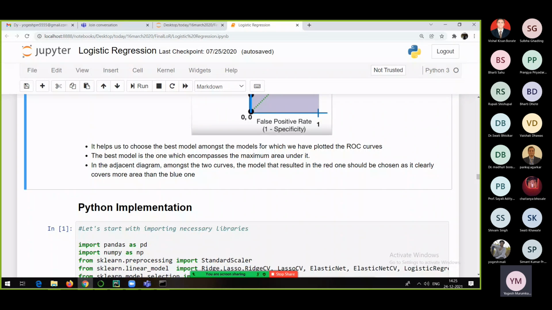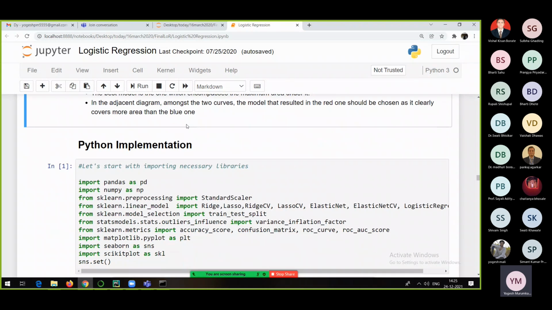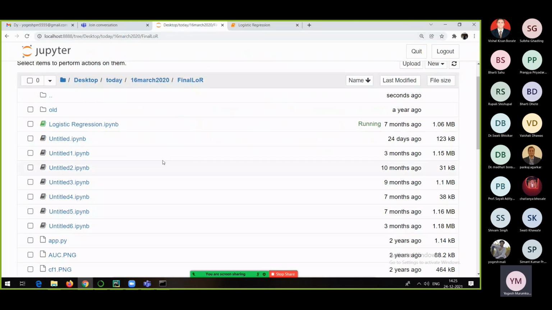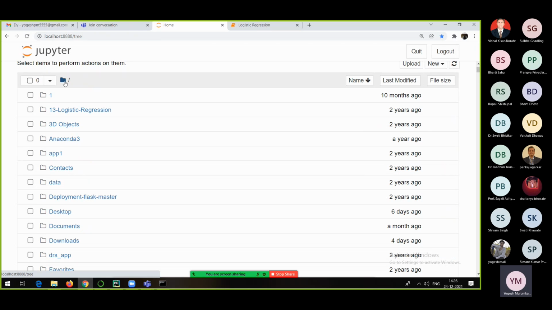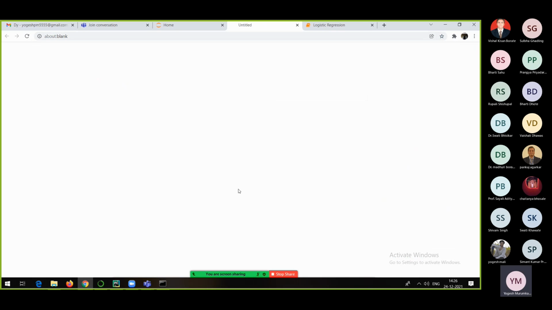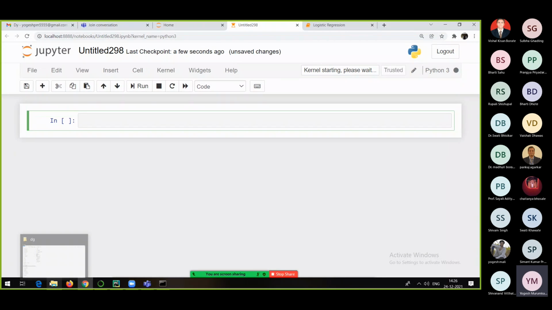Okay, so that's all the concept and theory related to logistic regression. Now I will show you an example here, everyone. Let me show you the execution step by step, the way we saw the execution of linear regression. In the same way, I will show you the execution of logistic regression also. Let me go to that particular path.